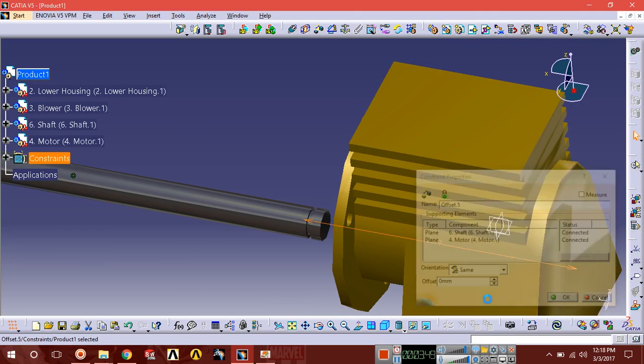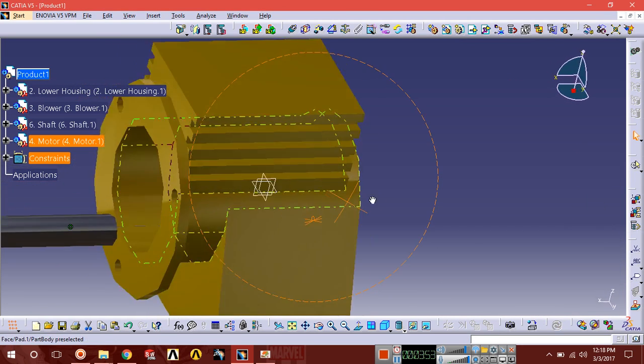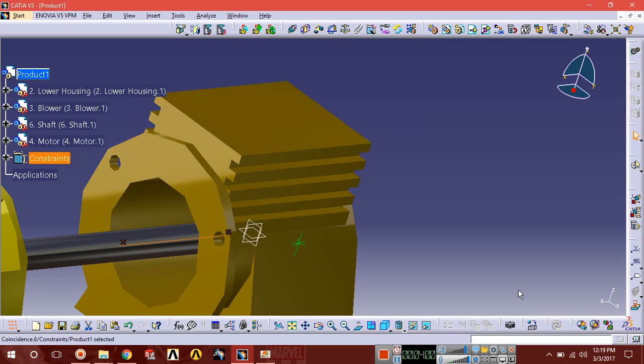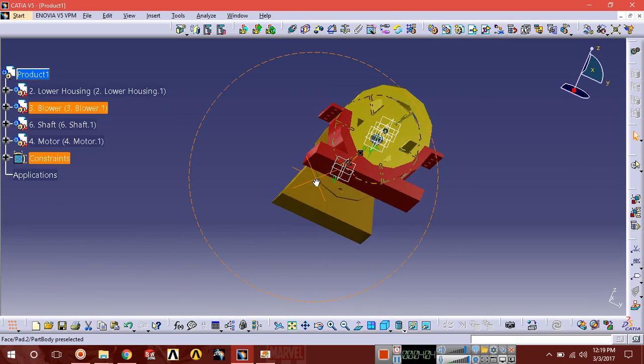Put here 0. Okay, update. Again select coincident constant, select this axis, update. Here you can see.